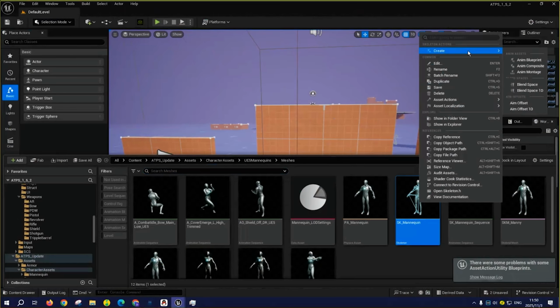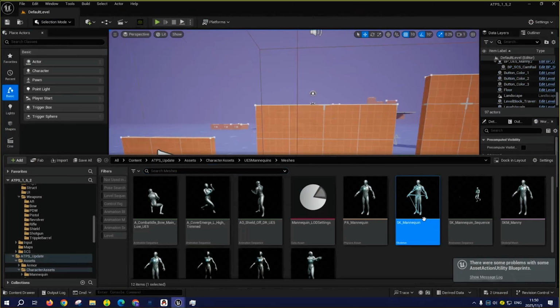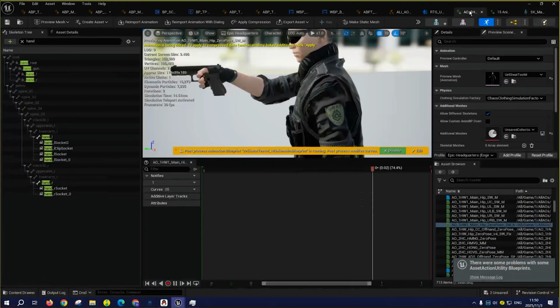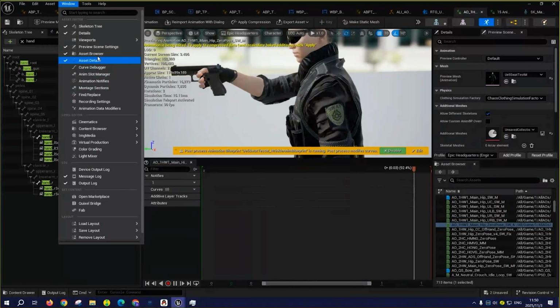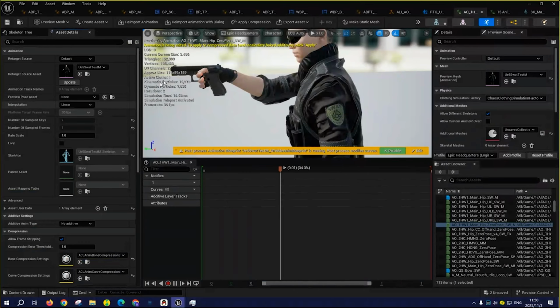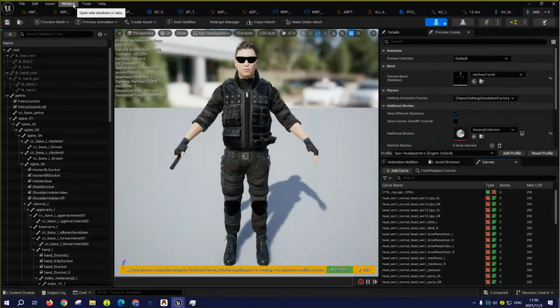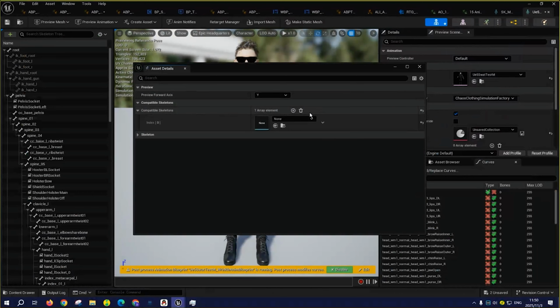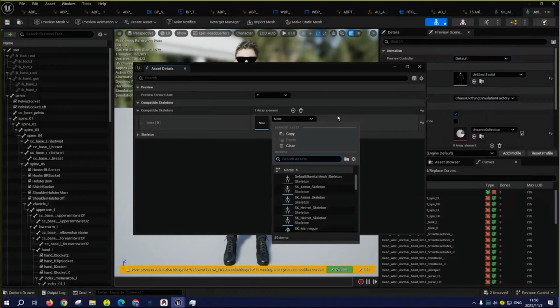I guess for the time being, let's just use a compatible skeleton for now, I think. Let me go to this one. Under asset, no, window, asset details. Oh, sorry. I need to go to the skeleton for this mesh. And in here, we can go to Window, Asset Details. Under compatible skeletons,